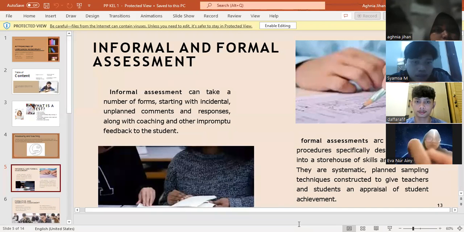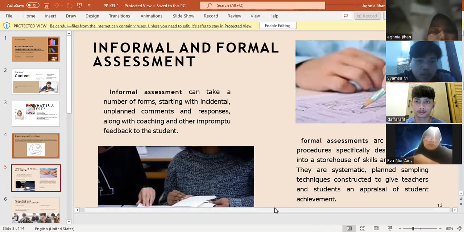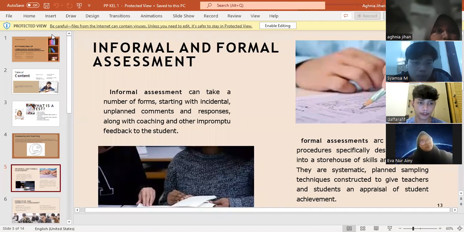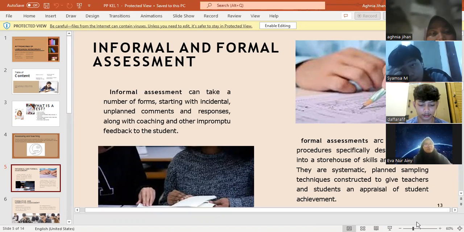For example, saying, nice job, good work. Did you say can or can't? I think you mean you broke the glass, not you break the glass. Or you give a smiley emoticon